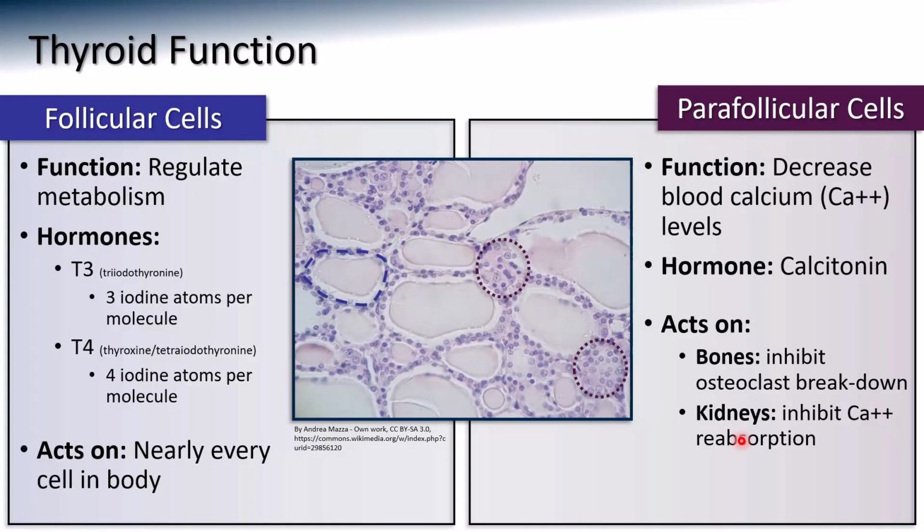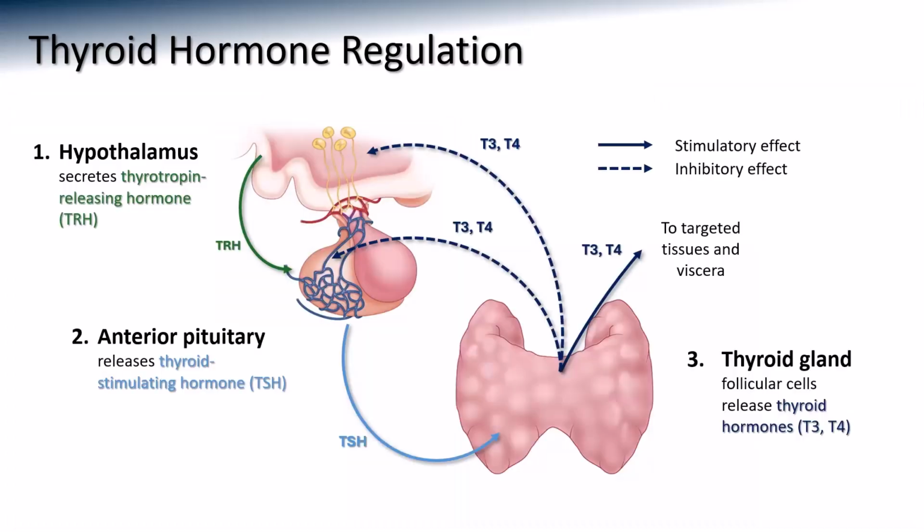And it does this by telling the osteoclasts in your bones that they are not allowed to break down anymore, and it tells your kidneys to stop reabsorbing calcium during filtration. Of these, thyroid hormone is the one that is regulated through that hypothalamus anterior